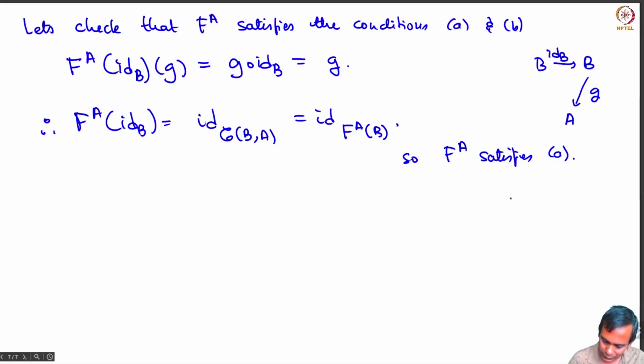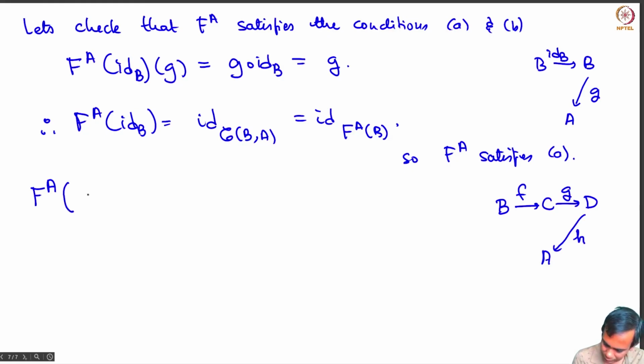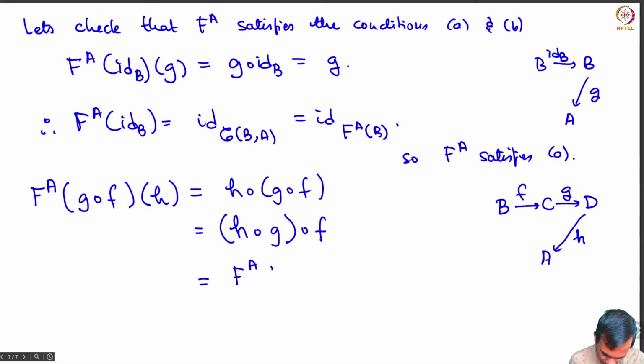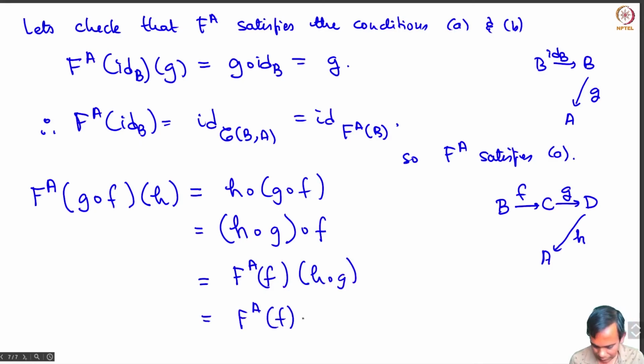So now the thing gets a little more complicated. We have B to C to D, we have 3 objects, and we have 2 morphisms. Let's call them F and G, and now we have H from D to A. So let's look at what is F^A of G circle F evaluated at H? Well, this is by definition H circle G circle F. But by associativity of composition, I can write this as H circle G circle F. That is F^A of F applied to H circle G. And so that is F^A of F applied to